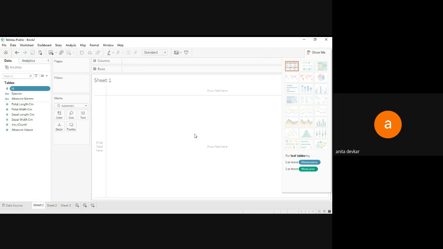And once the measures and the dimensions are in the row and column shelves, Tableau will automatically create the visualizations. Then on the top right corner, we have the Show Me option.